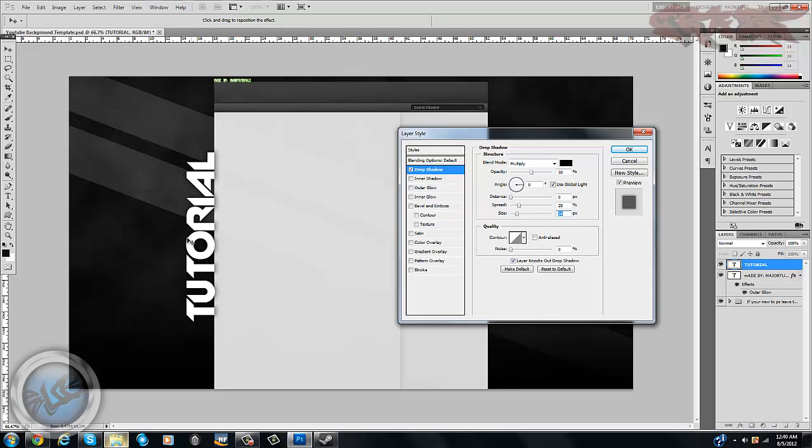Okay, and you can see we basically got this drop shadow back here behind my text. Basically what we're going to do now is I'm going to add a little bit of an inner shadow. So just check your inner shadow, and then I'm going to change the opacity to 50 and distance 0, choke 10, and size 10. Basically you get this kind of light inner shadow, and this is what I use for my 3D text